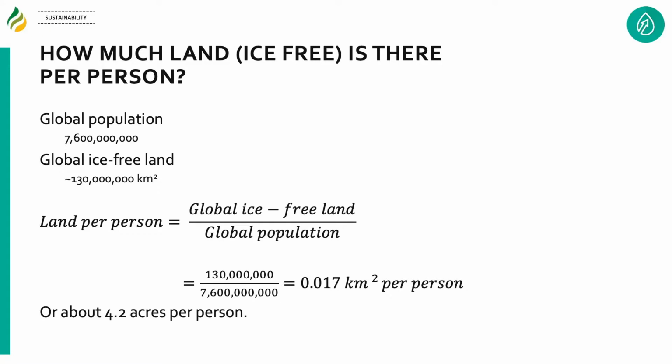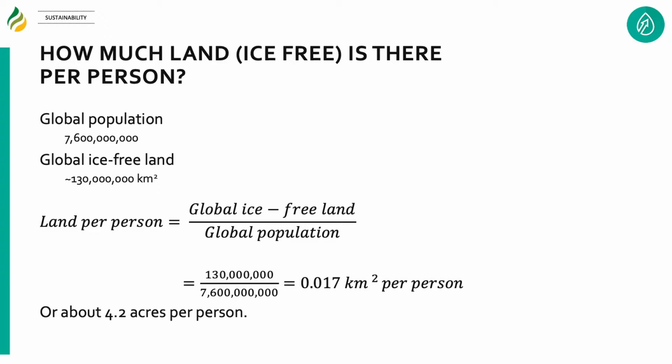But I want to take a second to think about how much ice-free land there really is for each person on Earth. So our current population is around 7.6 billion. I didn't look at the ticker this morning, but that's a good rough number. If you take out the 20 or so million square kilometers that are under ice, you're left with about 130 million square kilometers of land on the face of the Earth. If you take that top number divided by the bottom number, you end up with about 0.2 square kilometers per